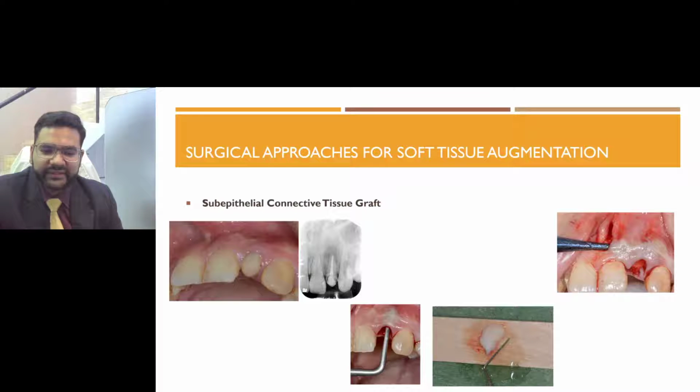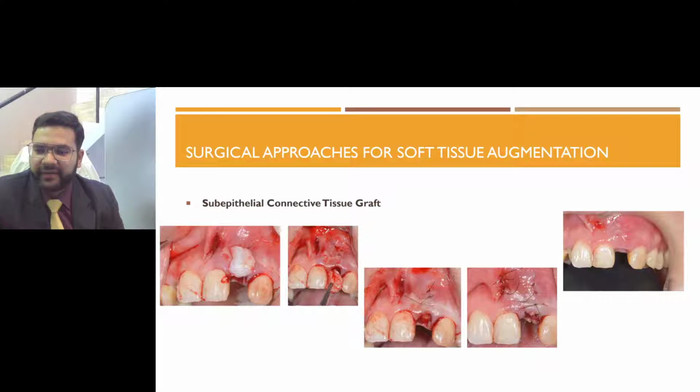Now, SCTG connective tissue graft can be harvested from either the palate or the tuberosity or edentulous sites. This is one case where soft tissue augmentation has been done at the time of extraction. The tooth is extracted, the area is curetted nicely. As we can see here, there is no buccal plate, the buccal cortical bone is missing. We have done a VISTA technique here, undermining that flap. This soft tissue, connective tissue goes inside from here, and then it is sutured nicely. So that's the final suturing.